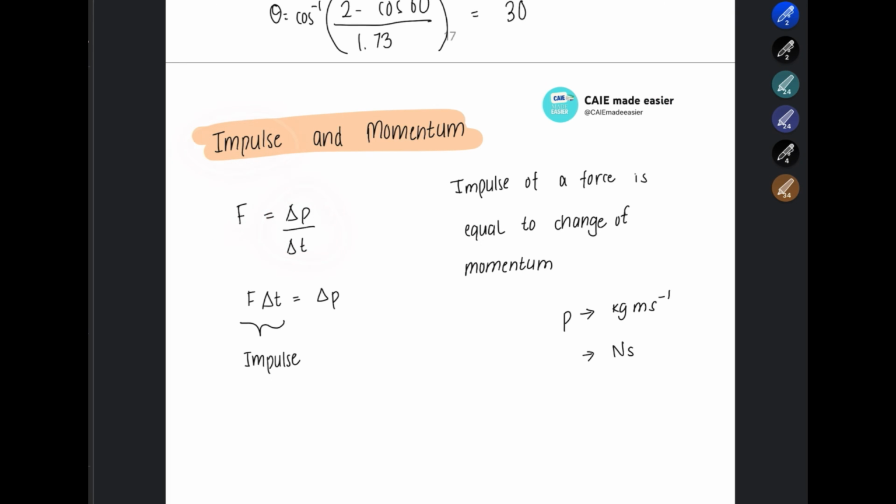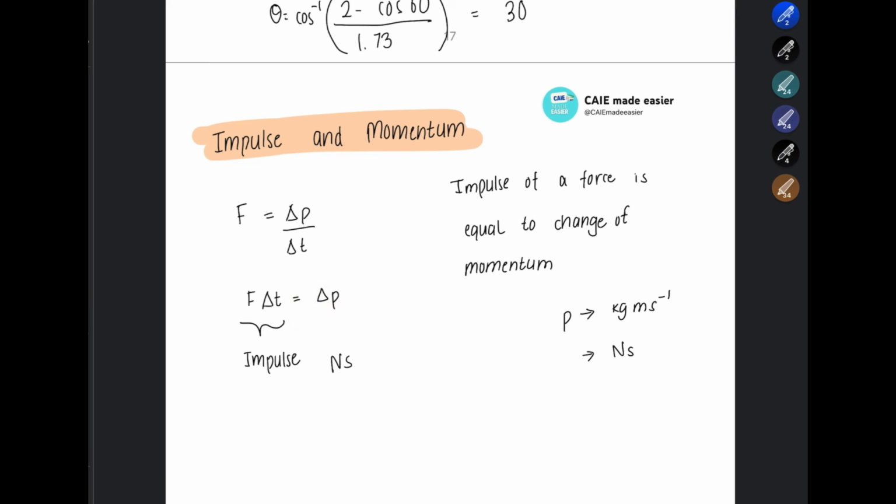Now we'll talk about another important quantity known as impulse. Remember, force is the rate of change of momentum. If we make change of momentum the subject, we're left with force multiplied by change in time. This quantity is known as impulse. The SI unit for impulse is newton second. So you can say impulse equals force multiplied by change in time, which also equals the change in